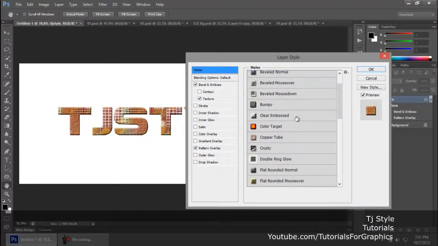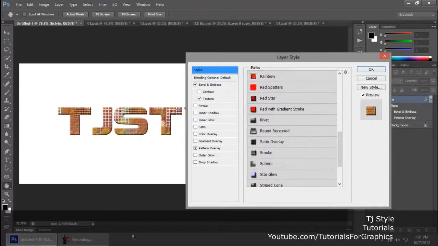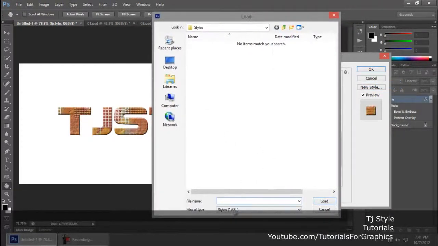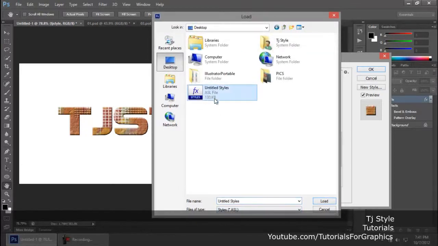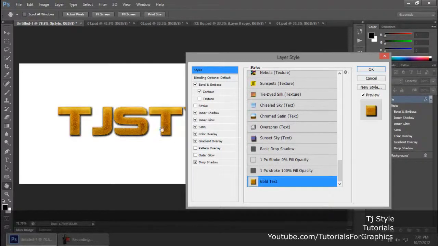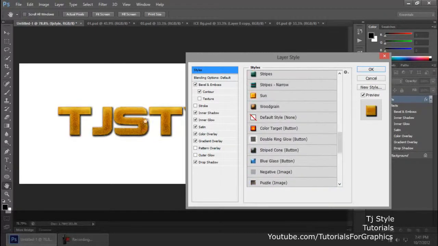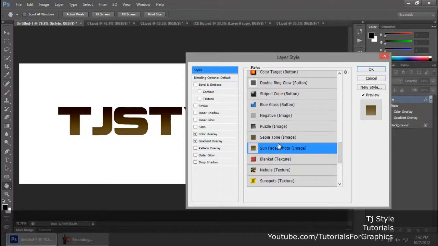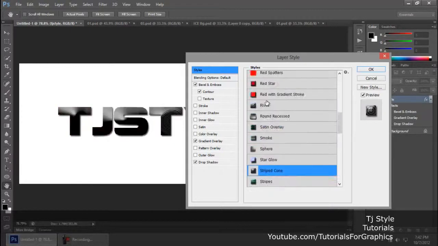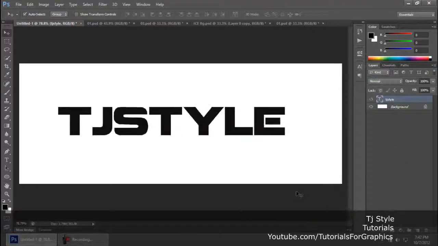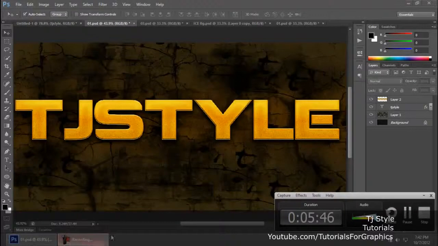Now if you want to add your own layer styles that you had saved onto your desktop, like me, you can click on this gear option, click Load Styles, and it's going to ask you where you have saved that ASL file. Go to desktop and you'll see we have an ASL file over here. Click load, and down in the end, guys, you'll see we have the gold text saved, and awesome, you can use it. There are some really good ones created by Adobe Photoshop. Feel free to mess with them, and that's how you can work with layer styles, and that's how you can save layer styles in Adobe Photoshop.